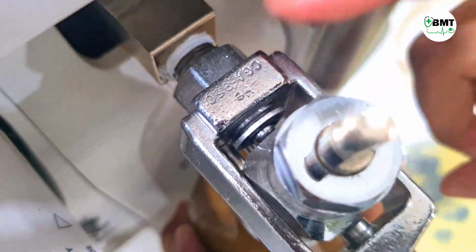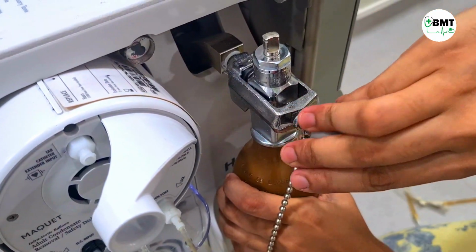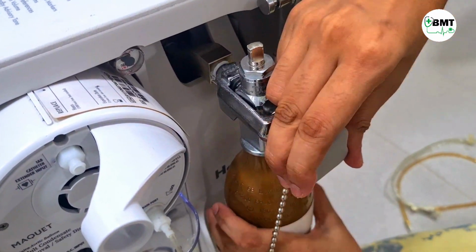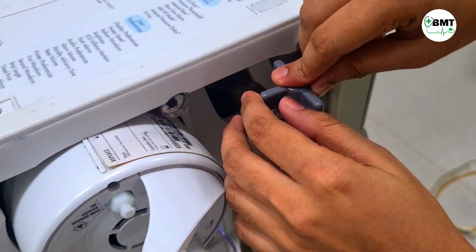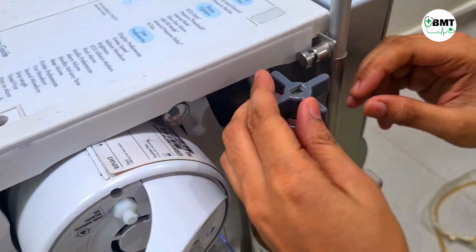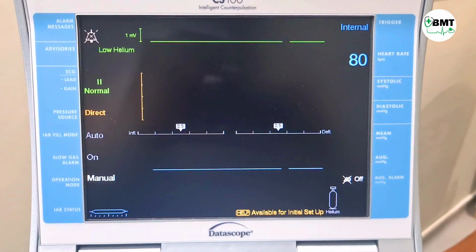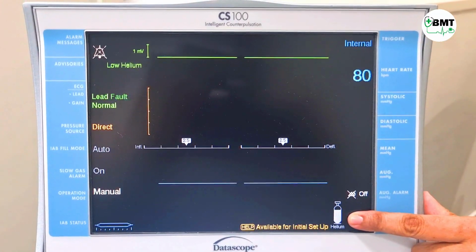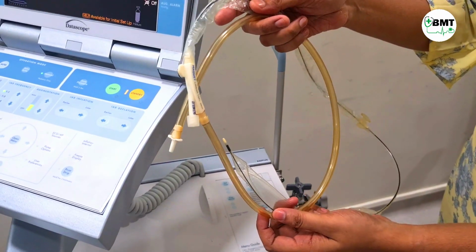Place it over here, hold it, and then tighten it. Then open it. So now when you switch on the cylinder, you can see the cylinder level. This is the IABP balloon.